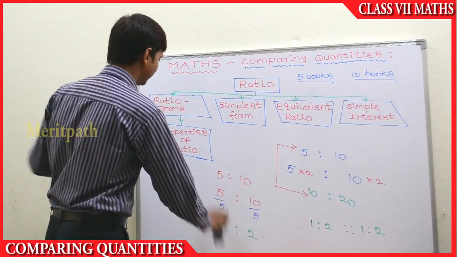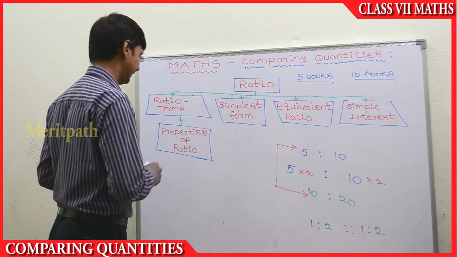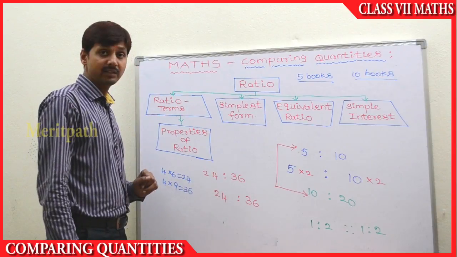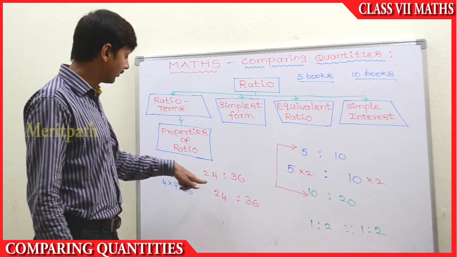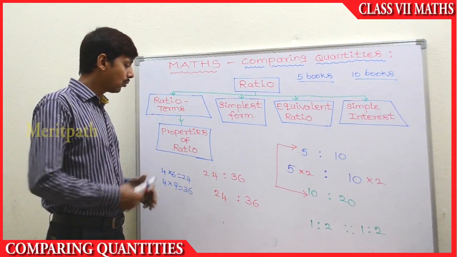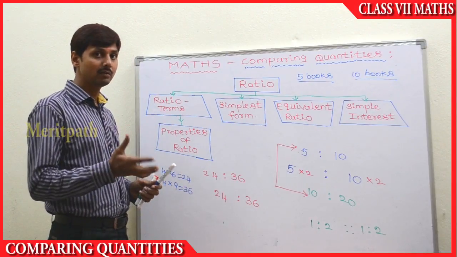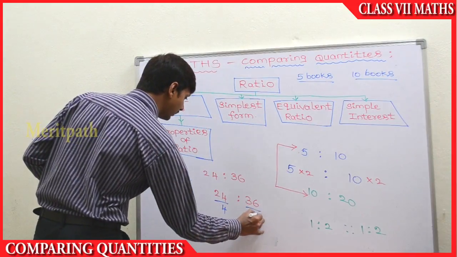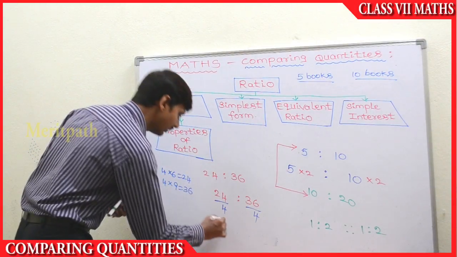For example, we take 24 is to 36. We get a 4 table on both sides, left hand side and right hand side. So 4 sixes are 24 and 4 nines are 36. So let's divide by 4 on both sides, antecedent and consequent of this ratio. Let's divide by 4 and divide by 4. The result we get is 6